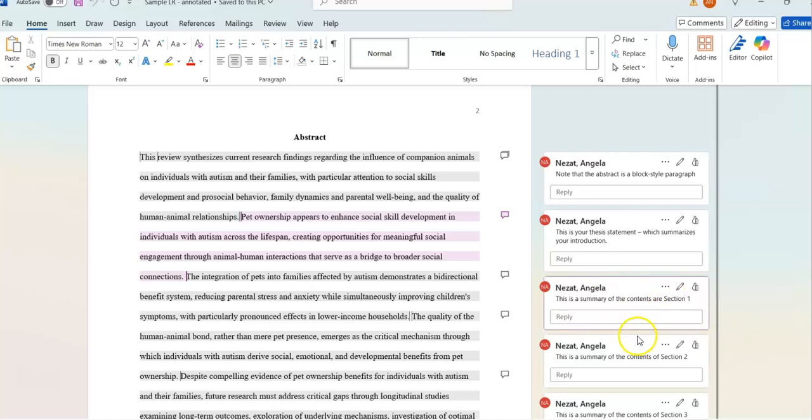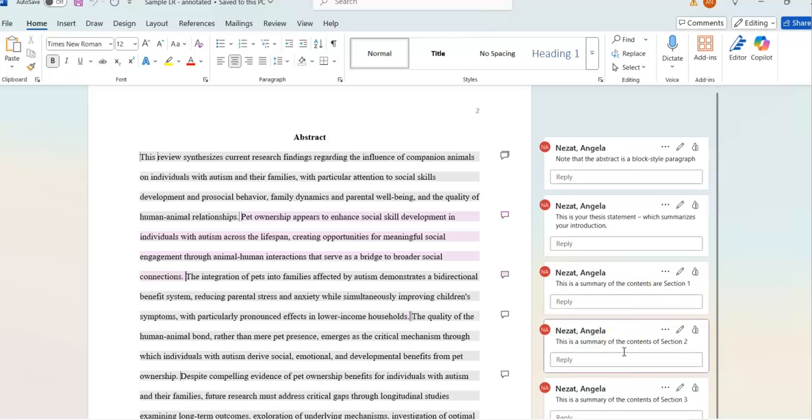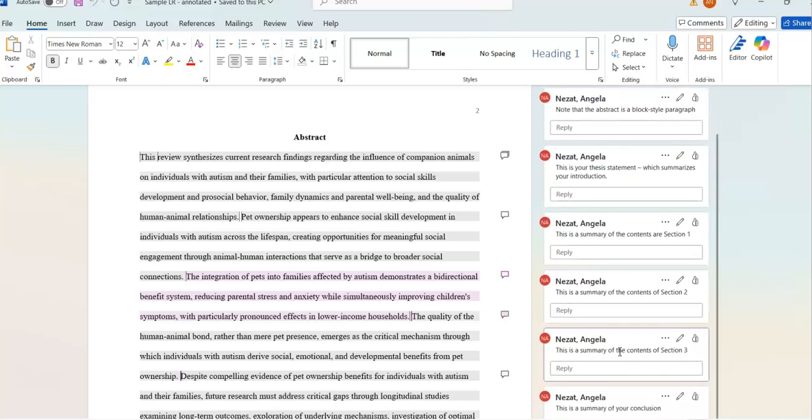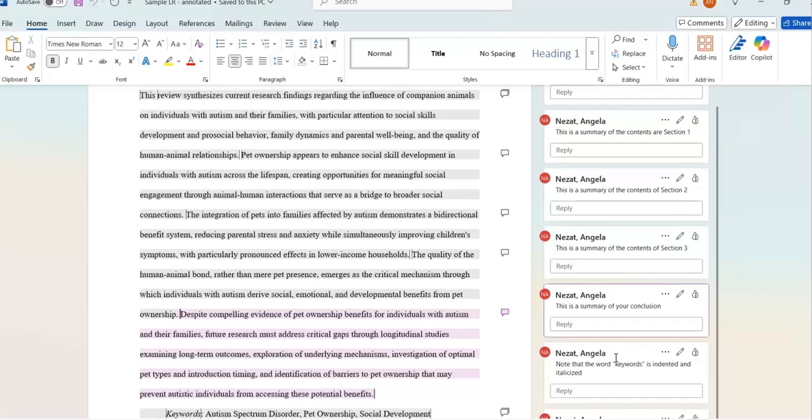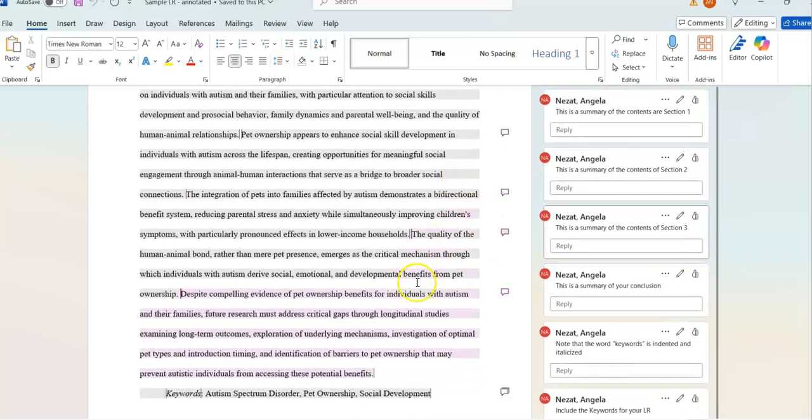So, third sentence, again, you're going to summarize section 2. Section 3 gets summarized, and then your conclusion gets summarized. Okay, so once you're done with your roughly 5 sentence abstract, most people's are going to be about 5 sentences long,